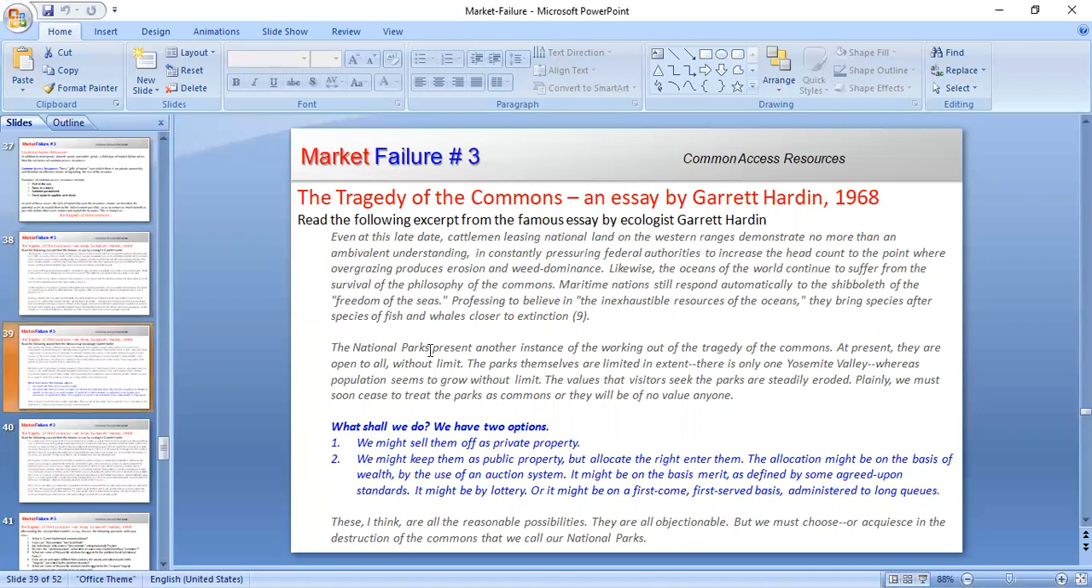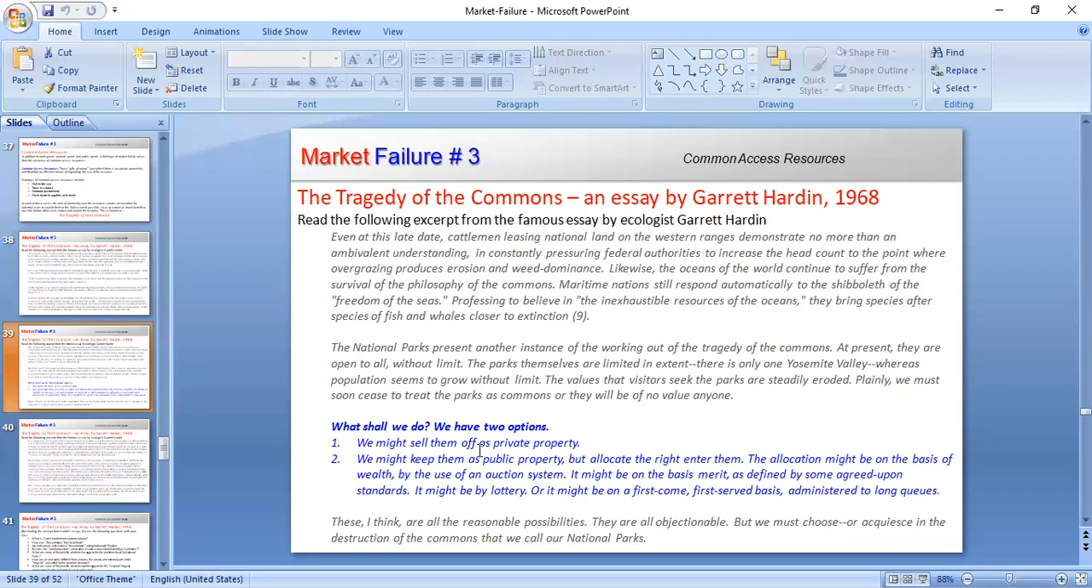He also talked about national parks as an example of common access resources, and he actually gave solutions. His solutions were basically two. What shall we do to solve this problem of the tragedy of the commons? He said that one of the solutions was to sell off